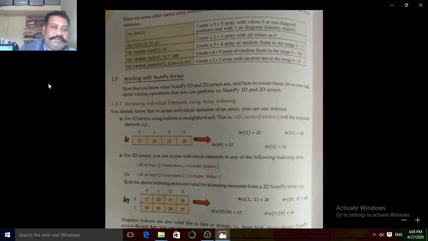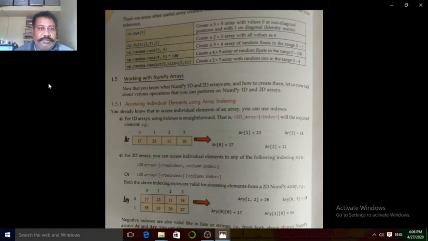Now some more functions which are useful to create an array. np.eye(5) directly creates a 5 by 5 array with zeros at non-diagonal positions and ones at diagonal positions, meaning the matrix of 5 rows and 5 columns has ones in the diagonal positions and zeros at the non-diagonal positions.